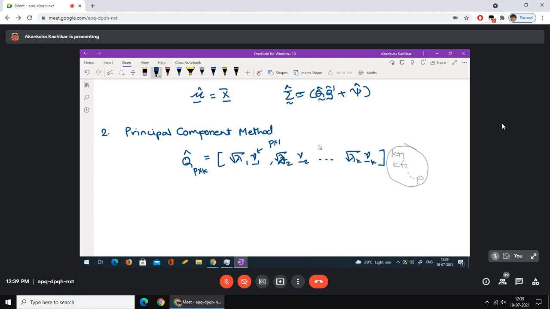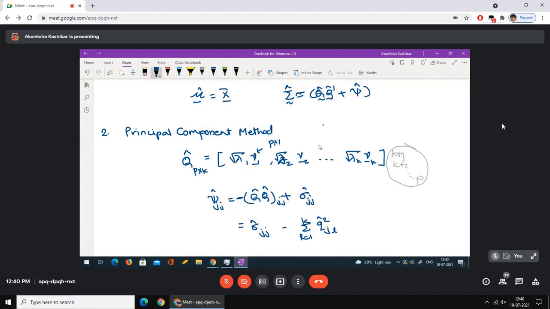And with this Q, now I can get Q prime, and we can compute psi hat. The jjth element of psi hat is the jjth element of sigma hat minus the jjth element of Q Q prime. I should have written sigma hat minus Q Q prime jj, but it's fine. So this is sigma hat jj minus the jth communality, the sum of q j l squared, l going from 1 to k, of course. So we are using the first k eigenvalues.